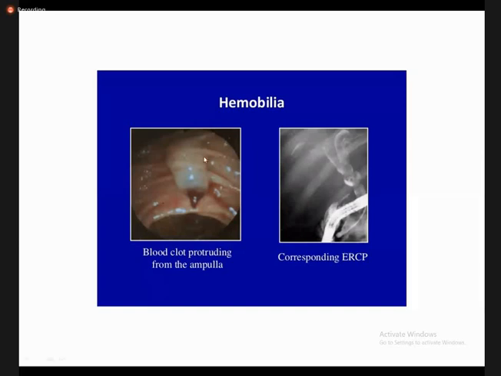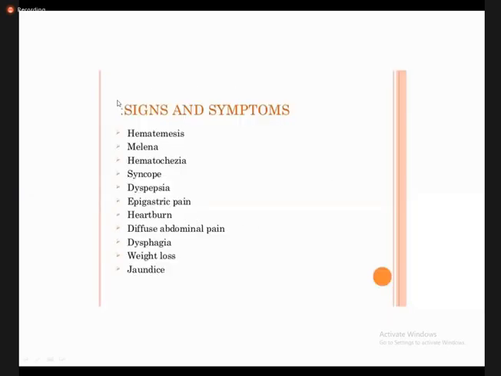Then, as I was discussing earlier, this is the ampulla of Vater in the second part. Here you see blood clot protruding from the ampulla. So if we find the source of blood from the ampulla of Vater, we label it as hemobilia. It can be from the bile duct or it can be from the pancreatic duct. If it is from the pancreatic duct, it is called hemosuccus pancreaticus. Now, after discussing a few of the common and the less common causes of the GI bleed, let's move on to